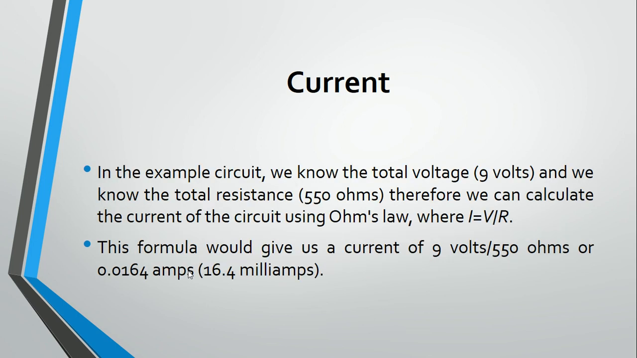So in the example circuit, we know that the total voltage is 9 volts. And we know the total resistance is 550 ohms. Therefore, we can calculate the current of the circuit using Ohm's law. So I, the symbol for current, is equal to volts divided by resistance. So we have 9 volts divided by 550 ohms, which would give us a current of